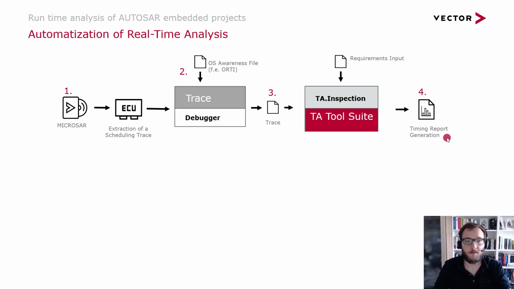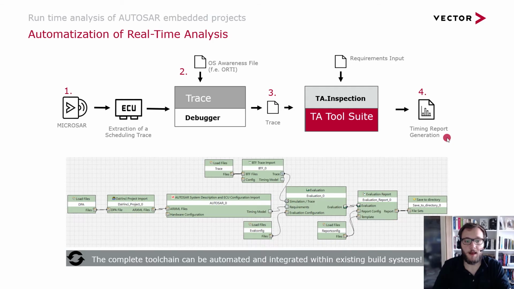So how can all of this be automatized? In the Timing Architects tool suite, you will find a part where you can create so-called workflows. And these workflows have different job nodes. So every one of these green boxes that you see here contains interaction with the GUI of this tooling that you can either do manually or you can automatize it by using these workflows.